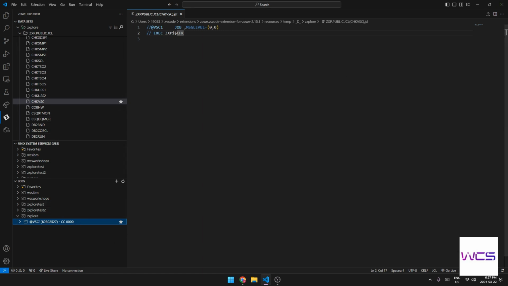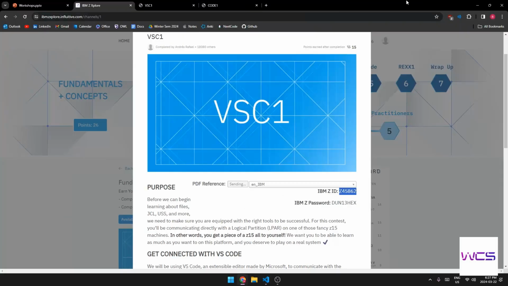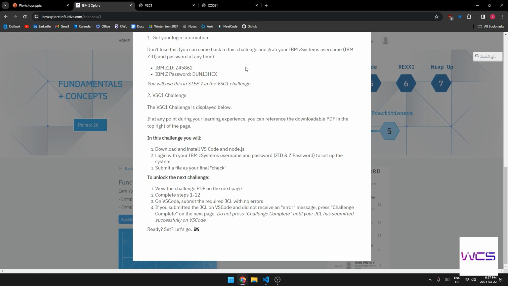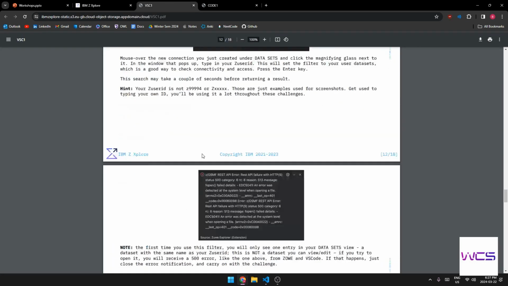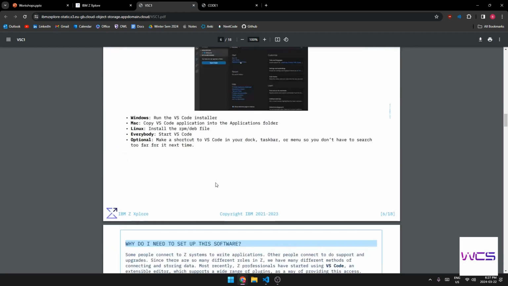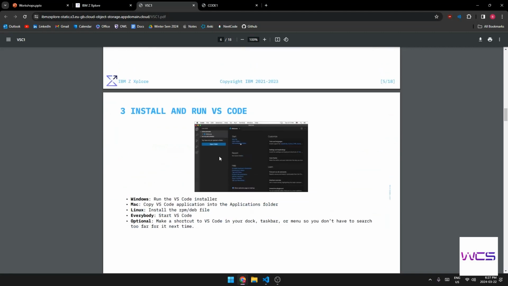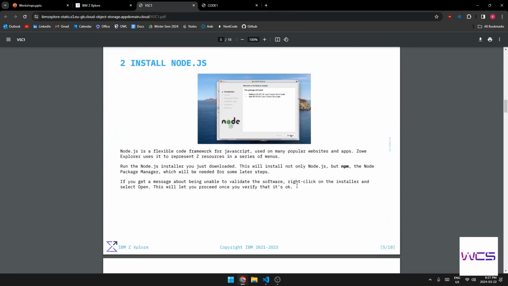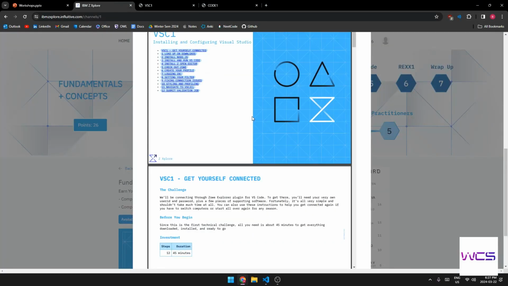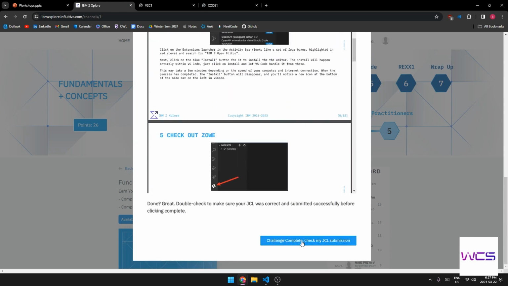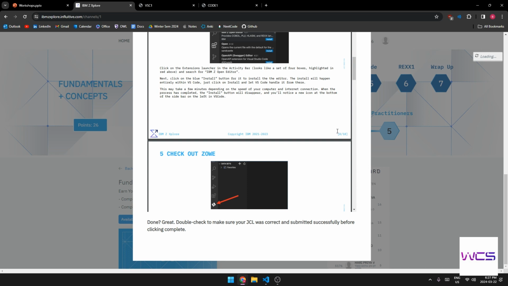But yeah, now that we've submitted it, we can head back over to Explorer here, and we can go to the challenge PDF, and all the stuff I did is in this PDF here. I just condensed it down into the slides because a lot of it is just getting everything installed. I'm sure a lot of people already have VS Code and Node.js installed, but you can see it's just these slides. And then if we scroll down here, we do challenge complete, check my JCL submission,